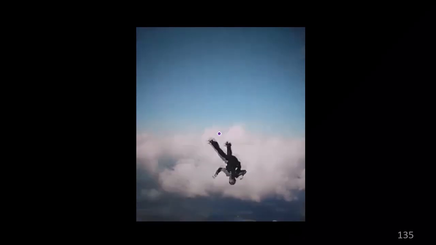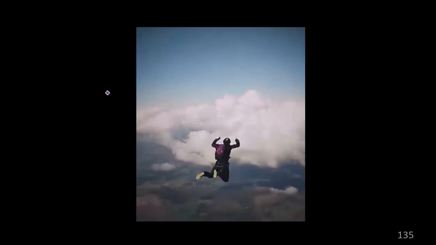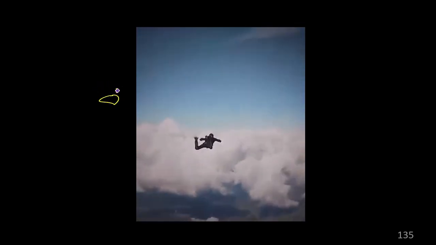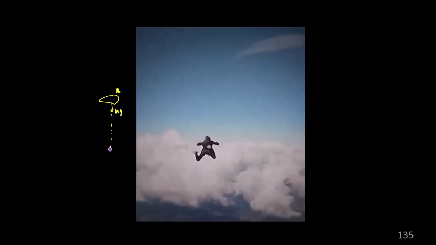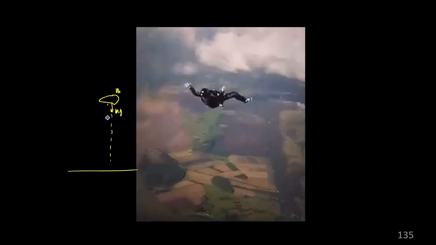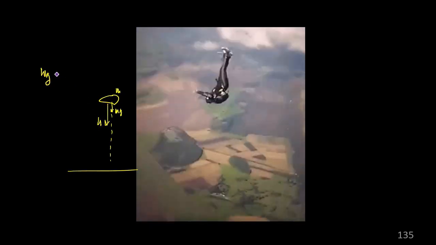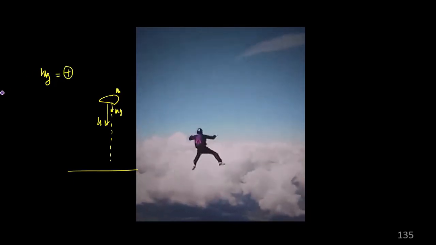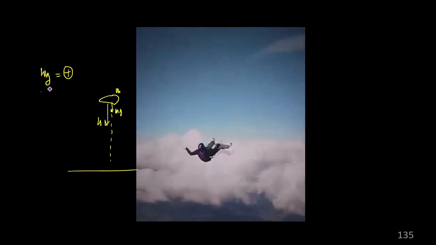Okay. Similarly, a man is falling down. Whenever he is falling down, for this situation, let us say the mass of the particle is m. So mg is acting downward and the displacement is downward. So h is also in the same direction. So can I say work done by gravity in this situation is positive? Why? Because mg into h. So work done by gravity is positive in this situation.